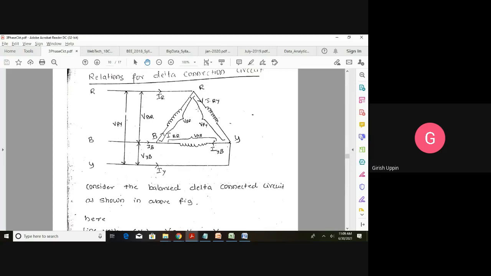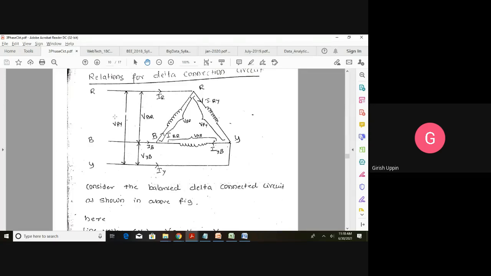In case of a star connection, I have the possibility of having four terminals: R, Y, B, and another, the neutral. In case of a delta connection, I will have only three wires. Transmission lines are all transmitted in delta, so we have only three lines and we can save on copper. This is how it is connected, and we have the R phase, then Y phase, and the B phase.